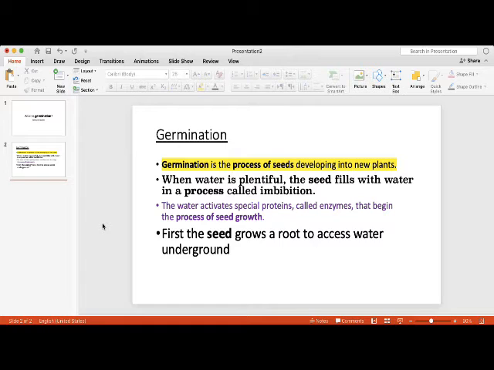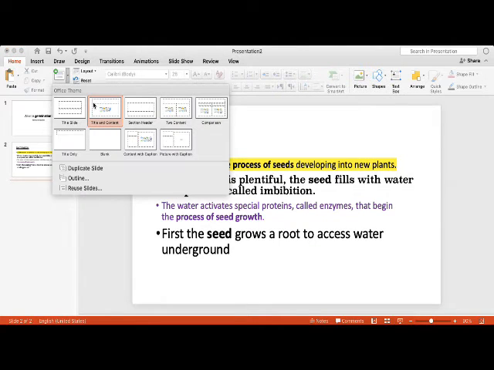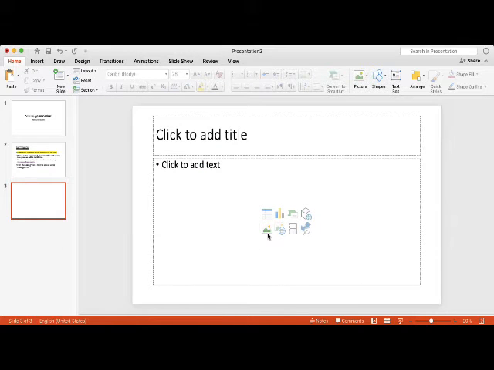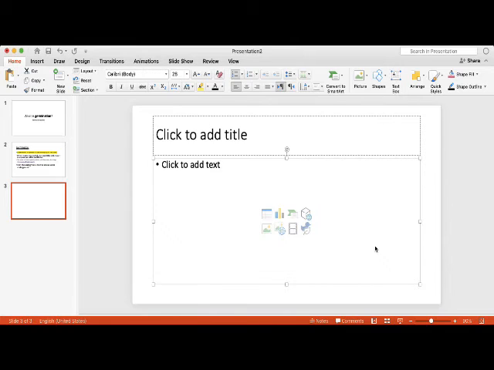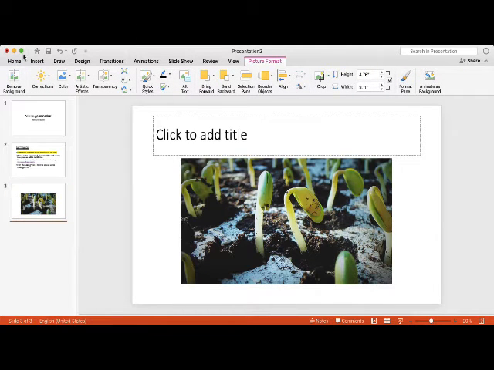Now we will insert some pictures in our presentation to practice the tools which I have already mentioned in previous slide. Before inserting or adding the pictures, let's recap how to insert or add pictures in our presentation. First, add a slide on which you want to insert the picture. Here you can find the Insert Picture from File button. Click on this button and select the picture that you want to add. Insert it. Again, I am repeating this step.